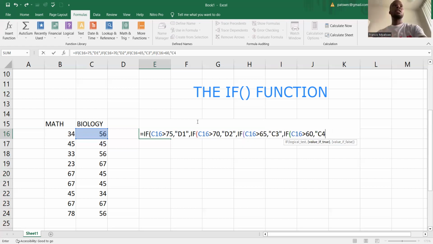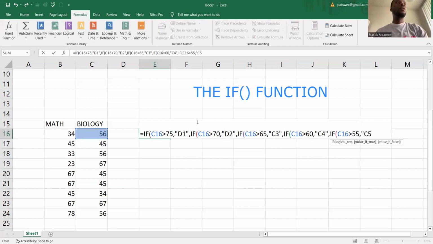Close the quotes. Then I open another function for if false, that is if that does not satisfy what I want. So I say if C16 is greater than, in this case, 55, then comma, open quotation, I'm going to give this person credit 5,